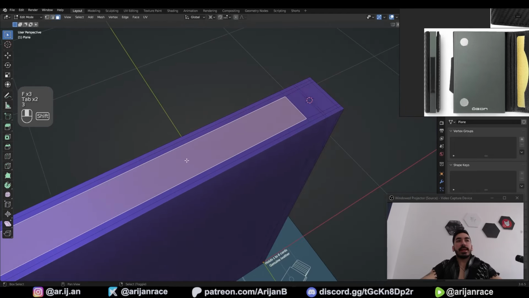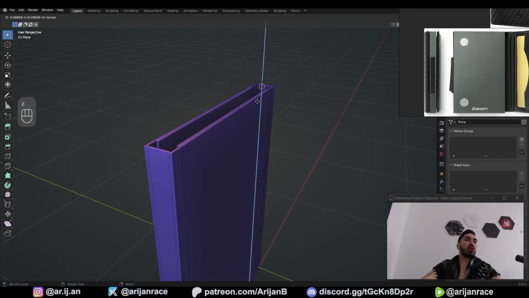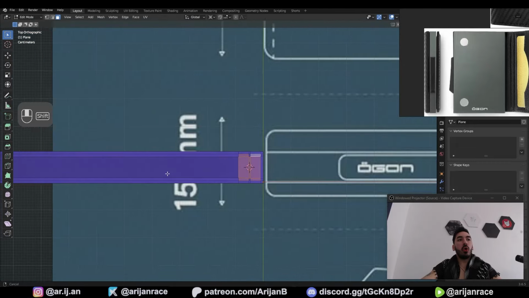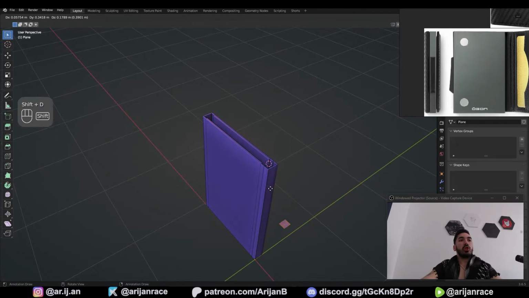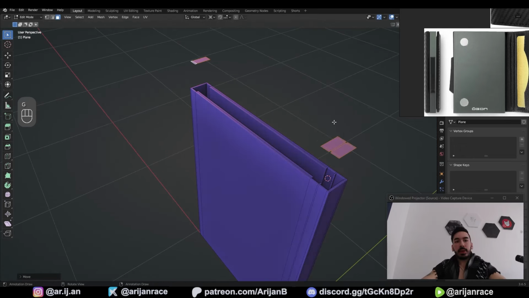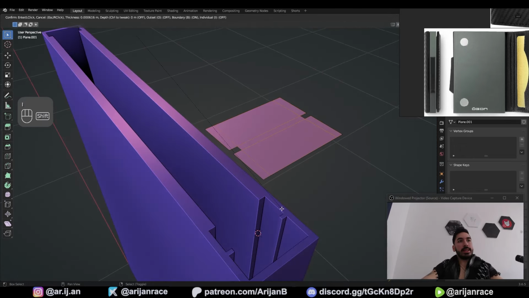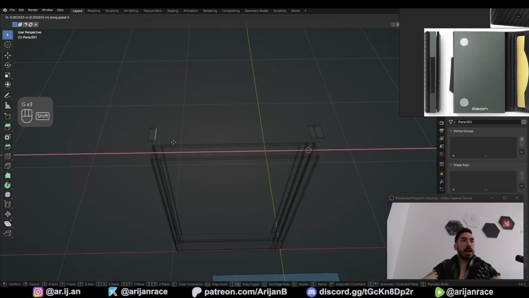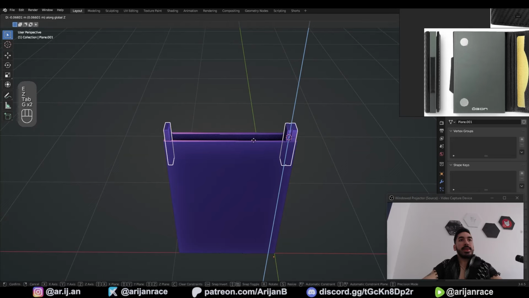Then we can just select these faces like this, and we can extrude them downwards to create the hole. We're going to take these faces here from the bottom of the hole, and also these on the other side, duplicate them with Shift D, right click and lift them up, separate them to a new object. We're going to inset them slightly as possible, then select the edges on the outline and delete them. Slide this backwards, push this backwards a little bit as well, extrude this down, and then lower this back into